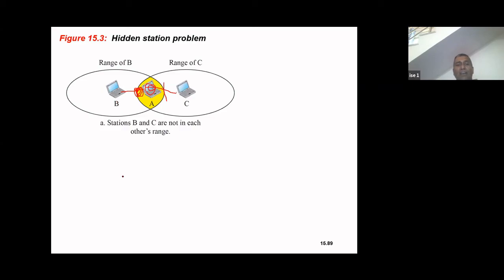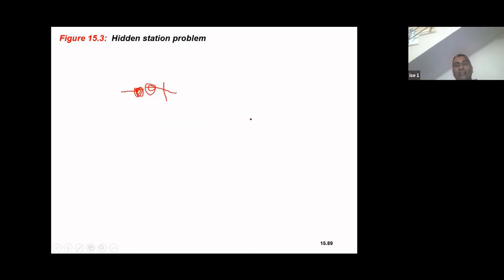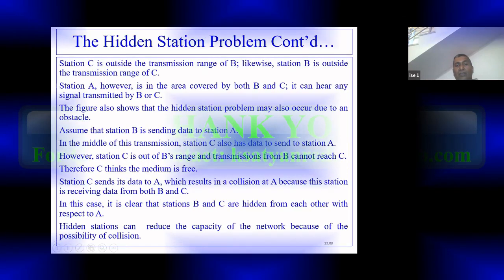Since B and C are not in each other's range, they are hidden from each other, and they cannot sense the presence of a signal from each other. So neither can B sense the presence of a signal from C, nor can C sense the presence of a signal from station B, and both are hidden from each other. So this is called the hidden station problem, right? So if at all it is asked